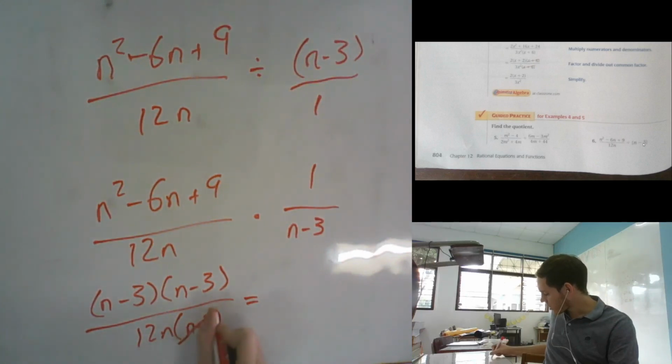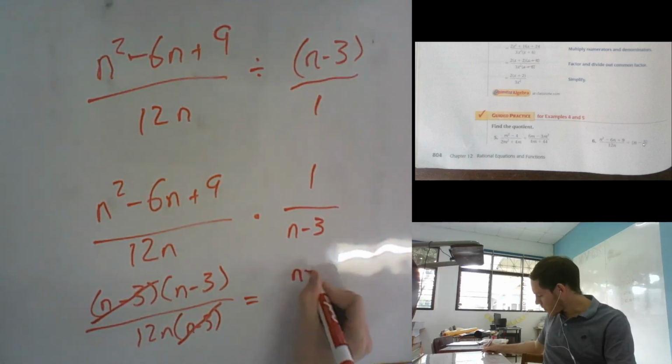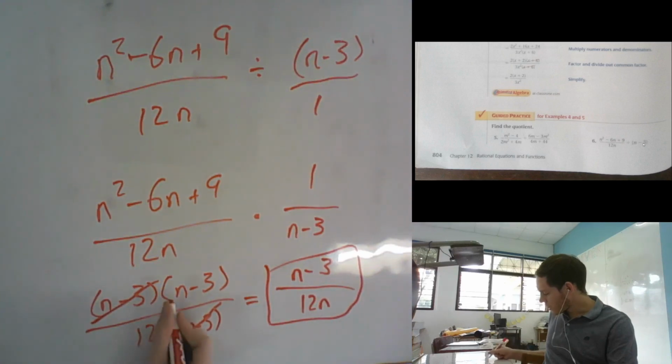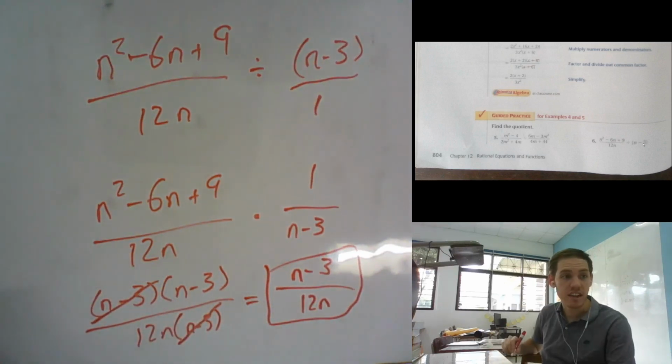Okay, what can we factor? n minus 3, n minus 3. So we get n minus 3 over 12n. And that's our solution right there. Now we can't change anything else because everything else is,